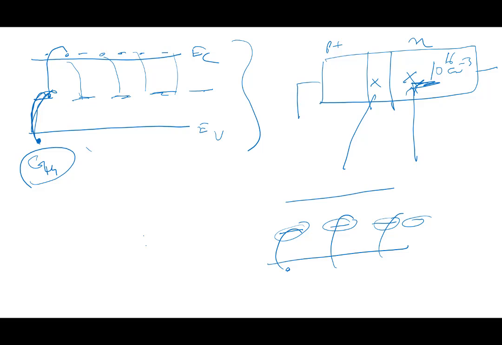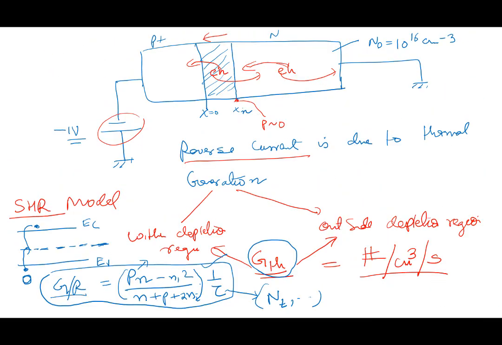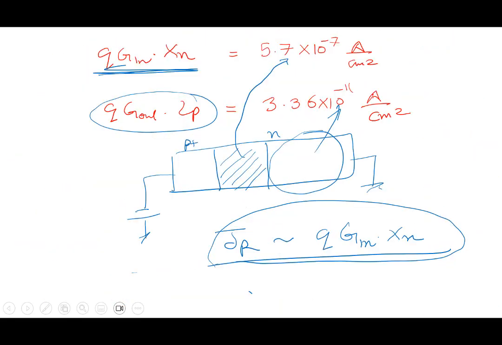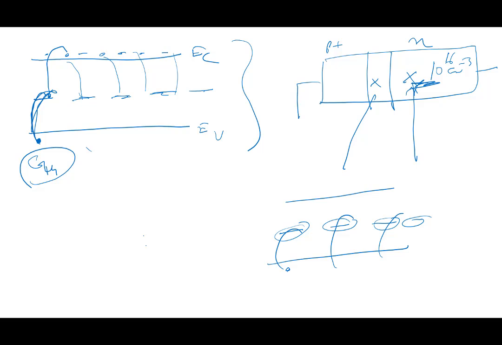Now details are, of course, you have to go into the model that we have. You have to go into the model and look at it quantitatively, but qualitatively this is what is happening here. Right? So now a little bit you understand better as to how the net thermal generation rate comes about, how to calculate its value outside or inside, and why the value inside the depletion region is so much higher. Now related to that,